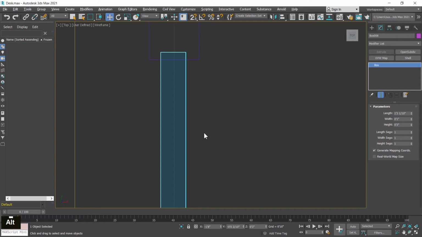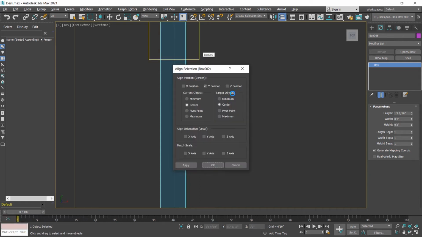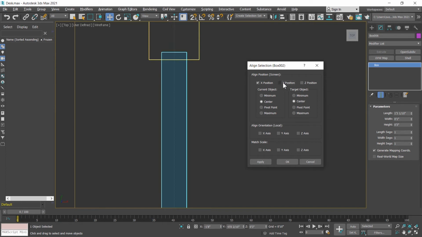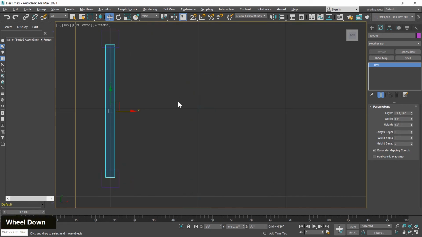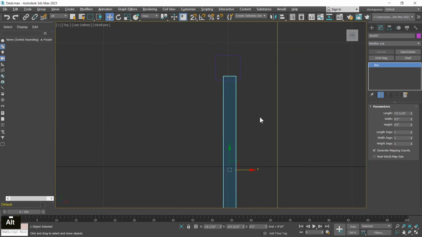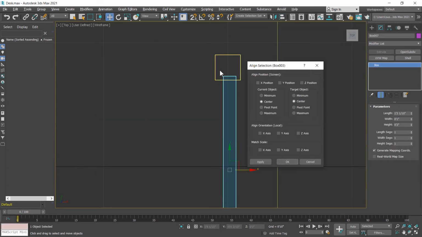Press Alt A for align and then click on the leg, and this direction is X direction, so choose X, uncheck Y direction, make sure center to center is selected, then click on the apply and close. Same as I align this, Alt A, then click on the leg and align from the X axis.